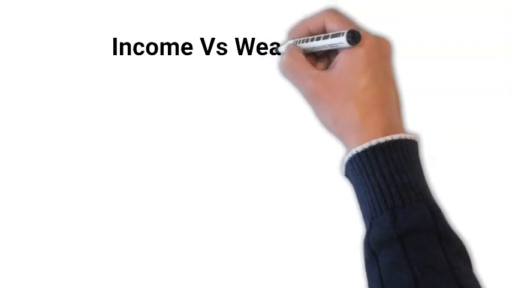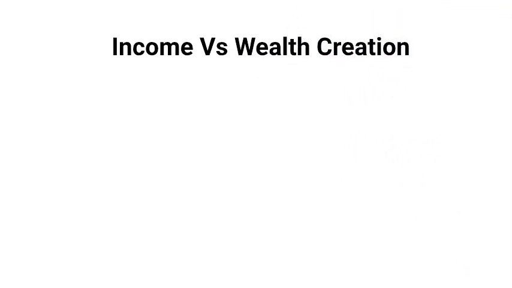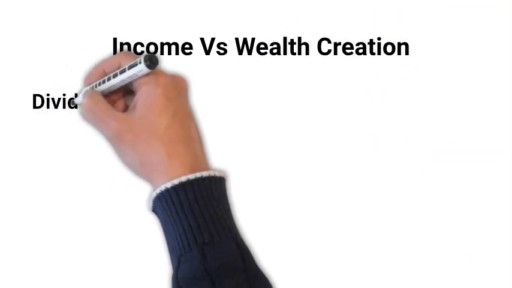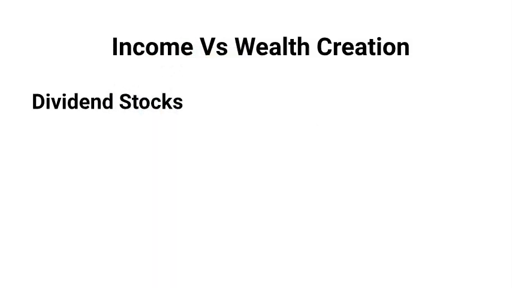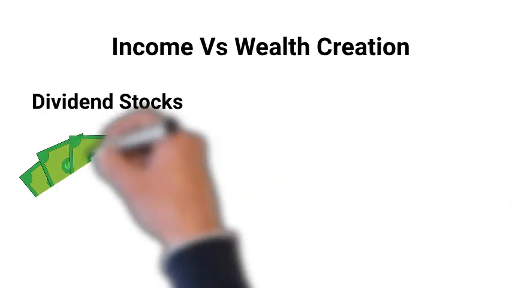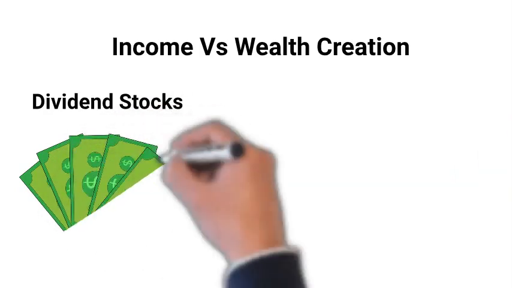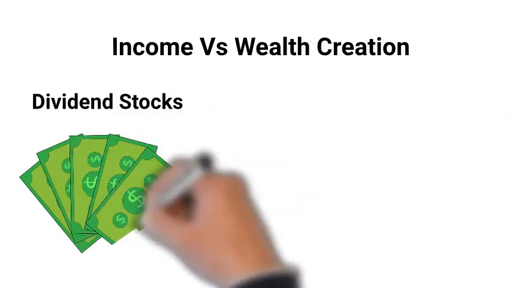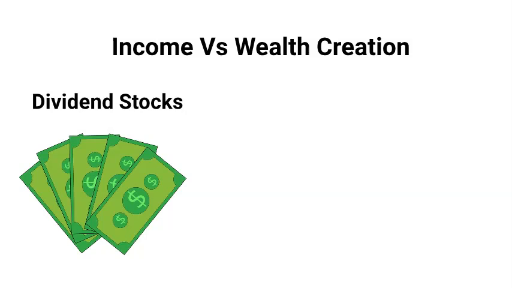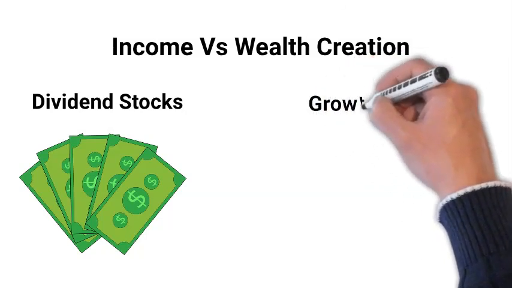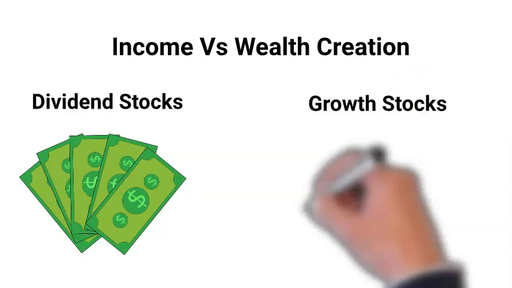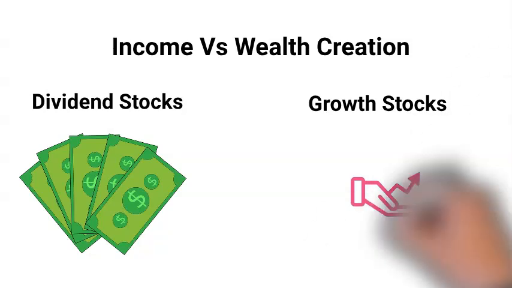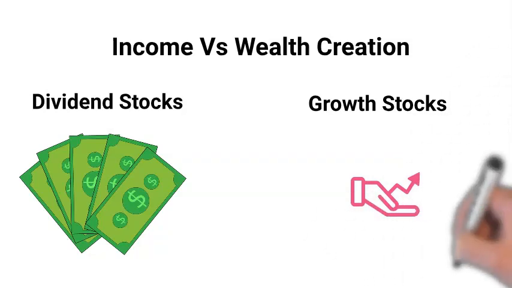Stocks are classified based on income versus wealth creation. Income-earning stocks are known as dividend stocks and wealth-creating stocks are known as growth stocks. If a company distributes part or whole of its earnings amongst stockholders regularly, then it is paying a dividend to its stockholders. If a company decides to hold on to its cash and create value by employing such cash in an asset that adds value to the company, then that company is creating wealth through growth for its stockholders.